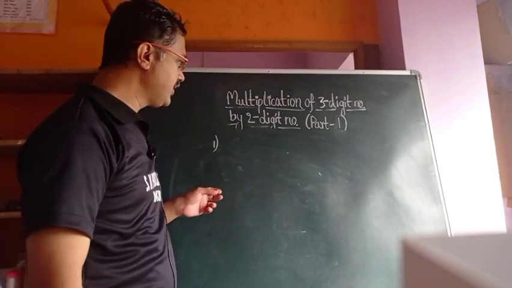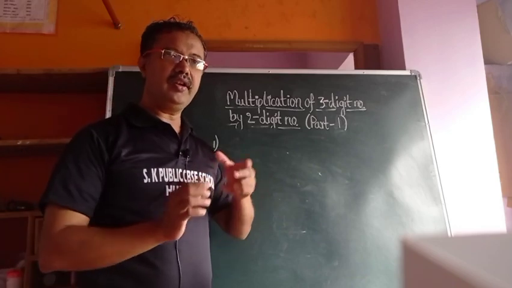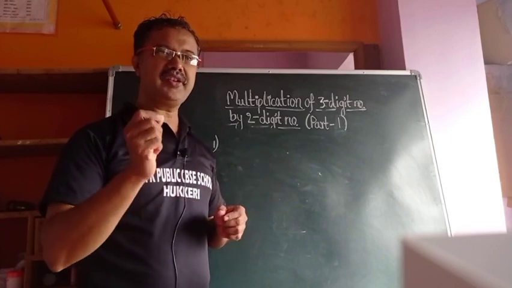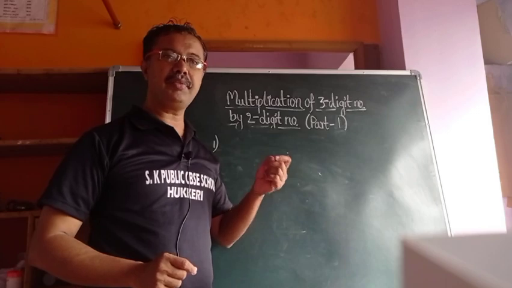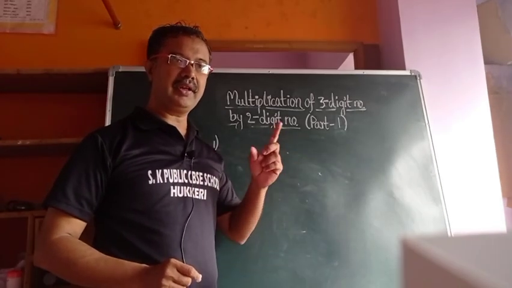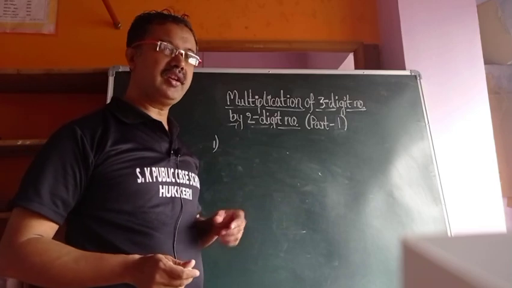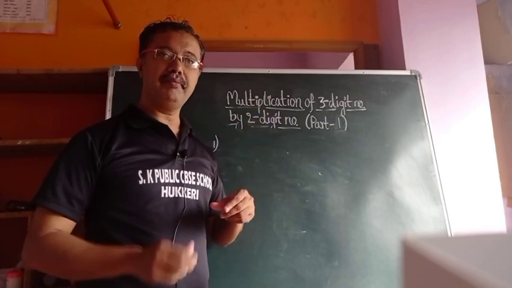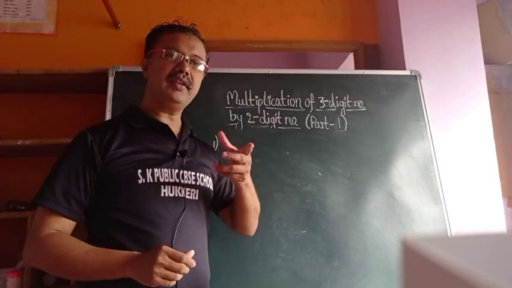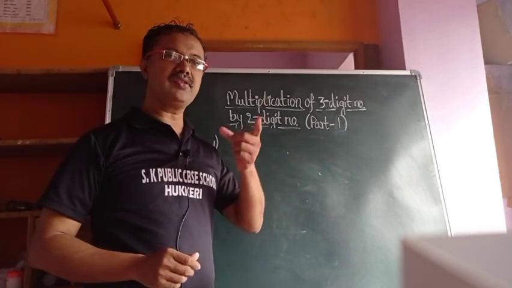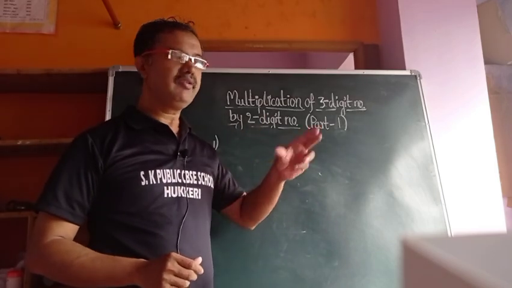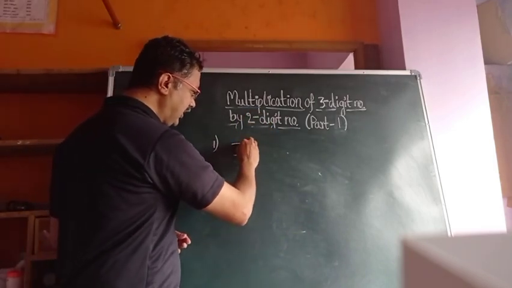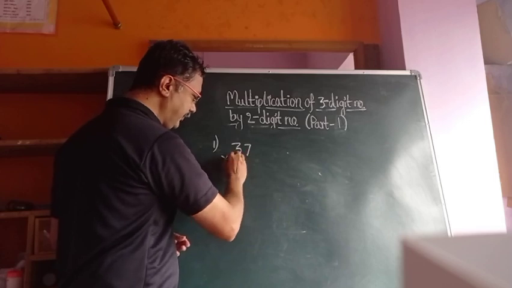That is called hints. Yesterday I told, if you multiply a two-digit number by a two-digit number, then within a fraction of a second, within 10 seconds, we can solve the problems, which will help in our competitive examination. In most of the competitive examinations, they will follow the same procedure, means they will give different numbers, but the tricks that you learn, you can apply, and you can solve within 10 seconds. For example, what I told here, I will take 37 into 33.